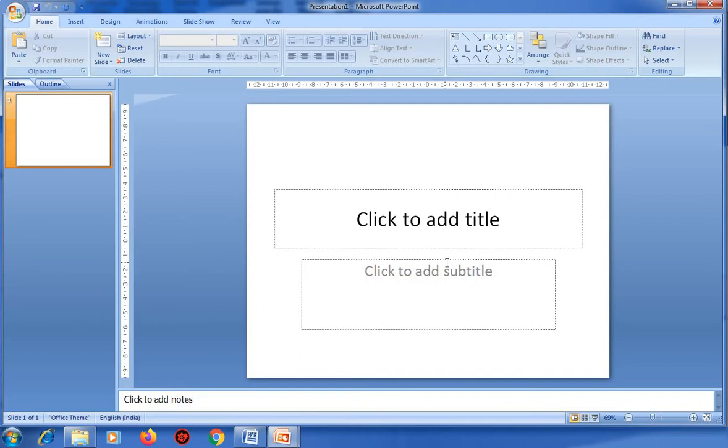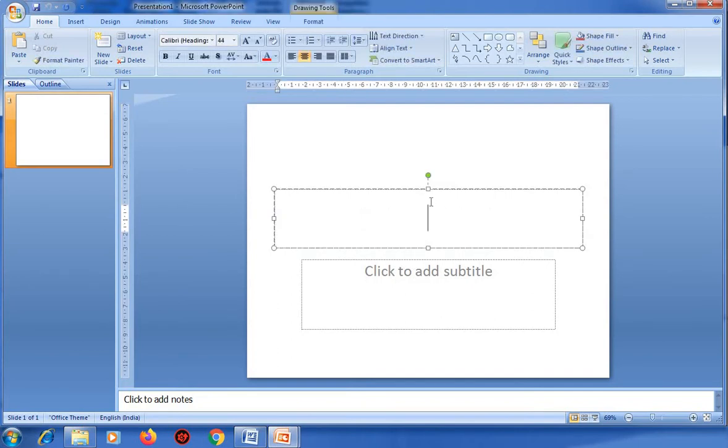So first step you open it, then second step select the Home tab. Otherwise you can see "Click to add title", the title of the presentation. Here you type the title of the presentation, that is Pollution.